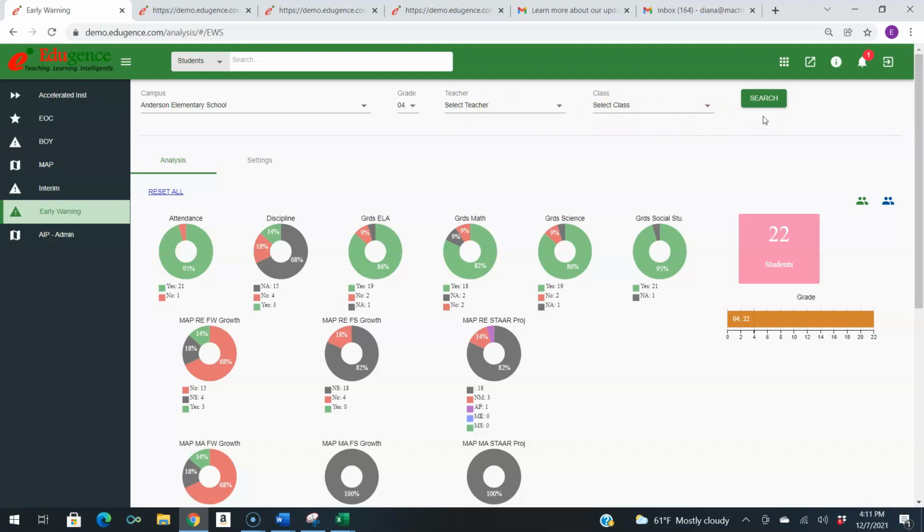This is how you access the early warning system and how you can filter as well as get a list